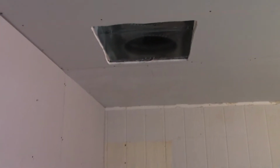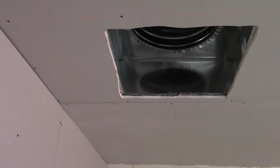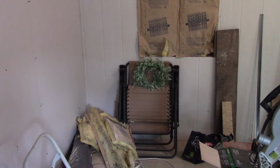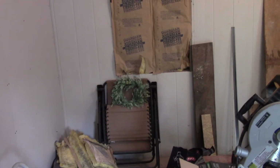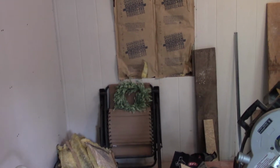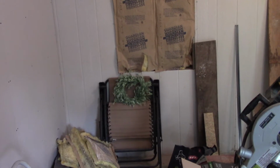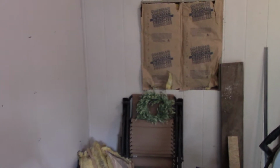All right, well, this is our 16-inch return air vent. The HVAC unit is on the other side of that wall. I wanted to simply just put a little hole here, throw a grill in, and do the return air there. I mean, we're talking between 500 and 600 square feet here. I didn't want to get too crazy, but the